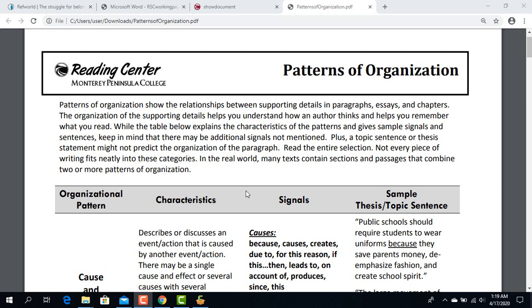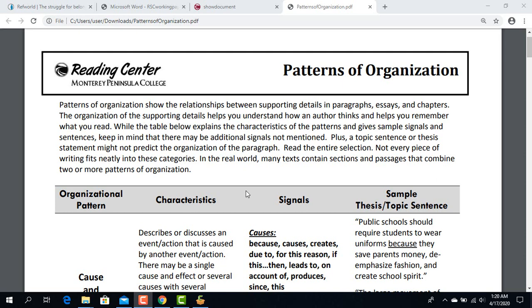What do we mean by patterns of organization? What are these patterns of organization? Why do we use them? What are the characteristics of these patterns? What are the clue words or the signals that usually show or indicate each pattern? And that's it. Okay, so let's start with the first thing, which is what do we mean by patterns of